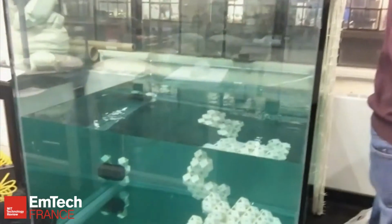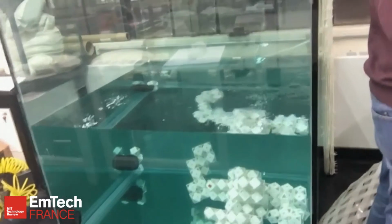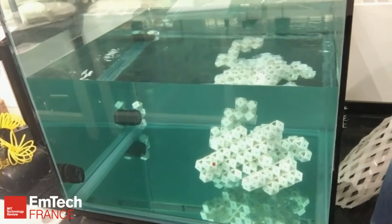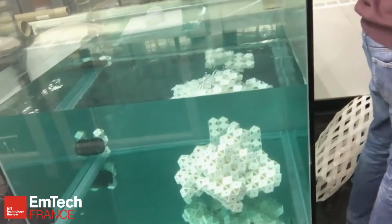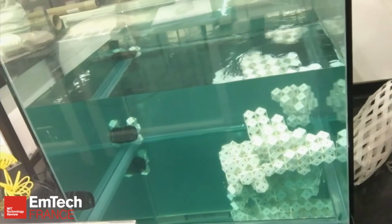And so I'll try to show some of the different principles. So this is a study looking at the self-organization or self-assembly of these components. It's in a 500-gallon tank of water with different pumps that we can activate to assemble themselves. And we have all different studies that we do on the intensity of the pumps or locations, the shape of